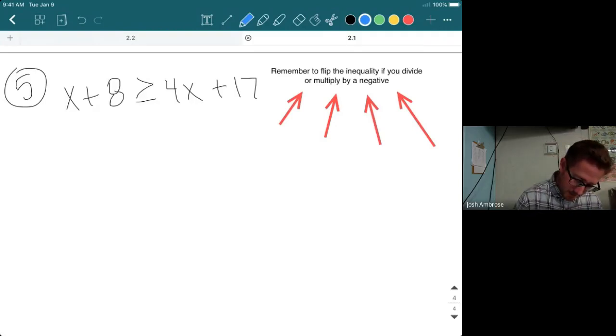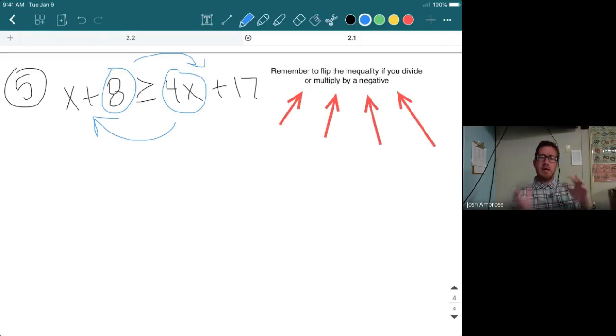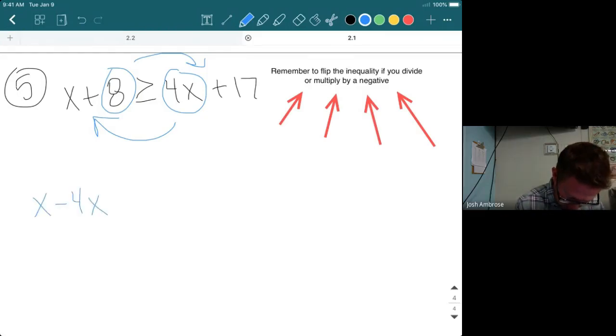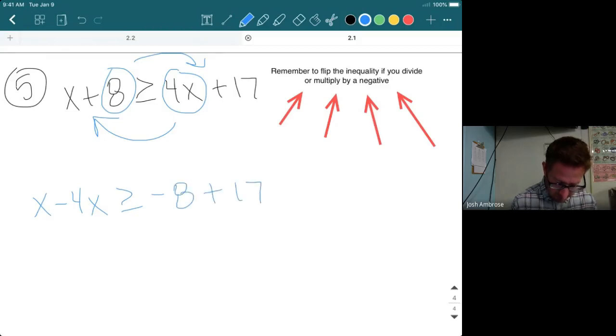All right, I'm looking at this 4x here. Why don't we go ahead and move that? Take that 8. Why don't we go ahead and move that? That way, again, you get the variables on one side, you get the constants on the other. Okay, so now we have x minus 4x. We haven't messed with the inequality sign yet, so just give that time. Move the 8, so now that's a negative 8 plus 17. Okay, x minus 4x giving us a negative 3x greater than or equal to, and 17 minus 8 here, giving us a